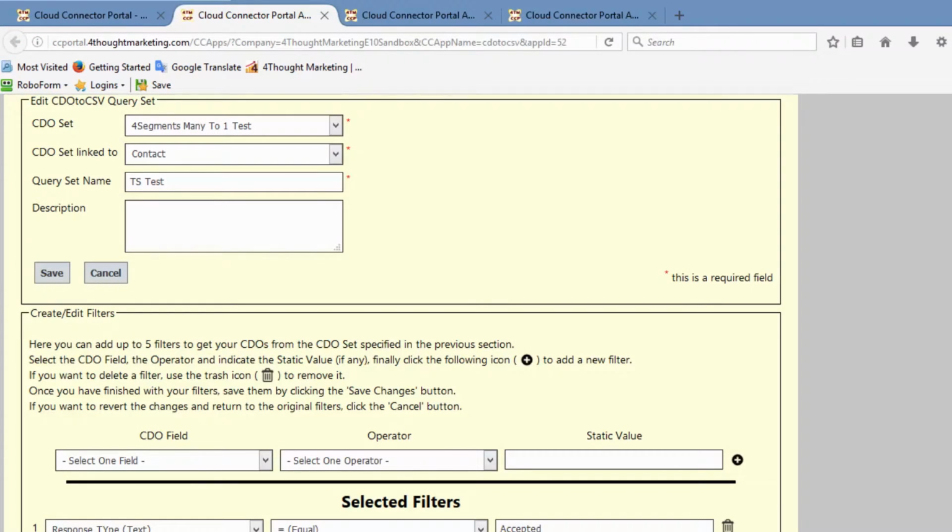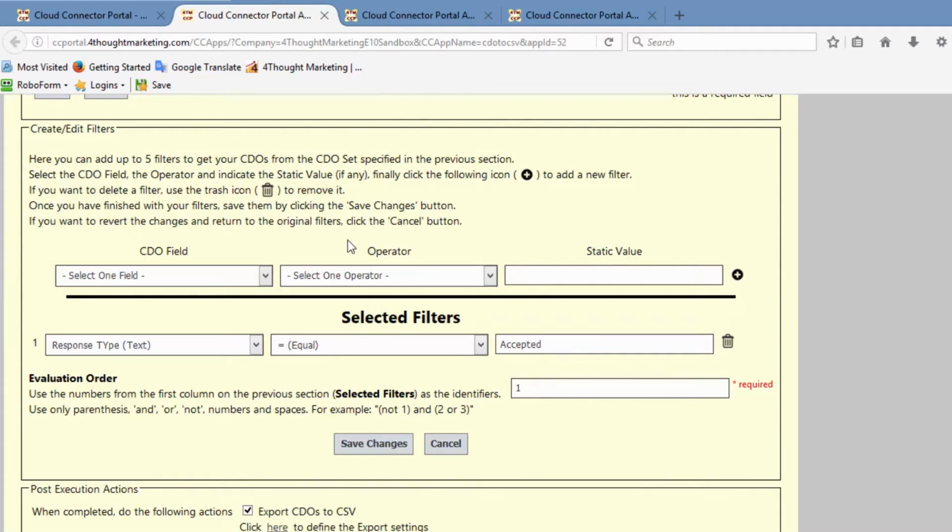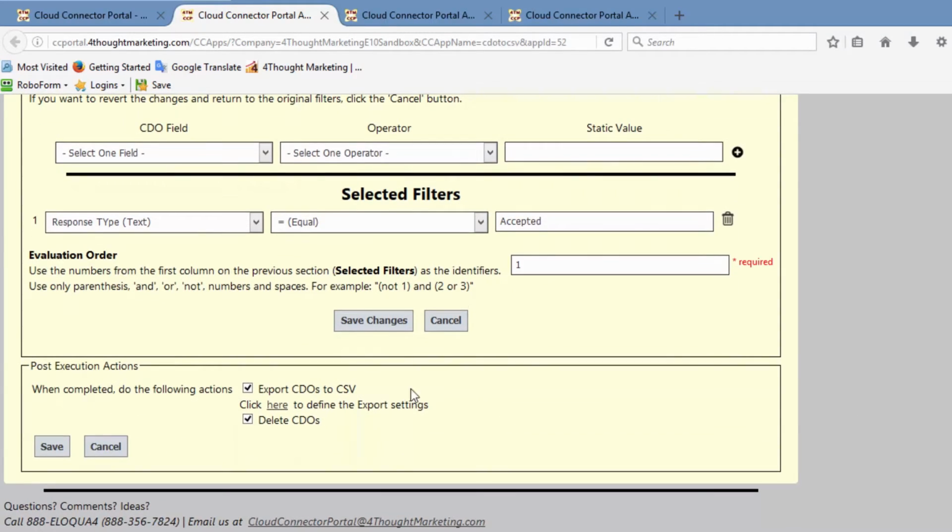So first of all, here's the first screen where you would choose the CDO set. It would show a link to the contacts in this case, give this version a name, and then choose the filters that you want to use to identify which records you're going to actually delete or export. In this case, I've chosen response type equals accepted, but I can also have multiple criteria. I can use and/or Boolean logic to really come up with complex filters, just like you're used to inside of Eloqua. You then select whether you're going to export or delete these records,